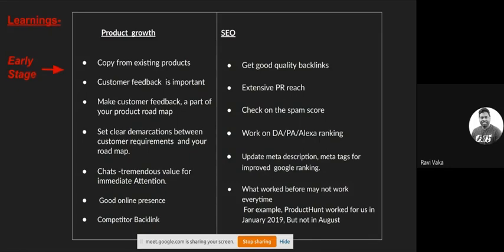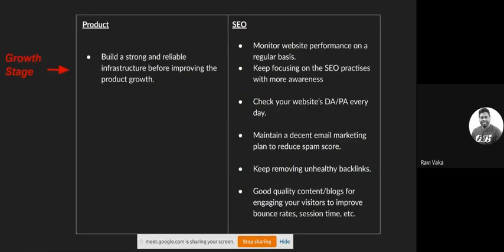Okay, scroll down. Okay, another example, like Product Hunt worked for us in the month of January 2018. But in the month of August, we again wanted to become featured on Product Hunt, but we never got any attention over there. So sometimes things which you're doing right now work for you, sometimes they don't. That doesn't mean that particular hack will never work. Keep experimenting, try it out again after 6 months. You probably might see success.